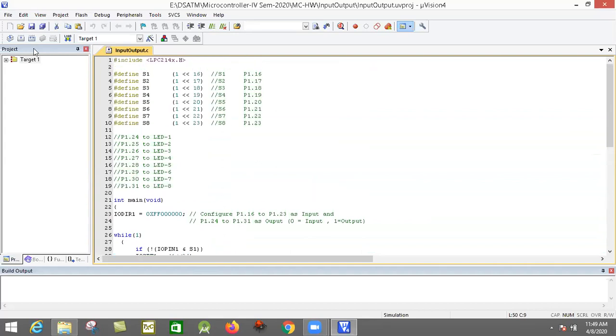Now here we have to compile this. Just save this program. Okay, no problem. Now here zero errors, there's no problem at all. Now it's going to create the hex file, which will be required. Now this is your hex file, it's created. Then we have to go for Flash Magic, that's another software.